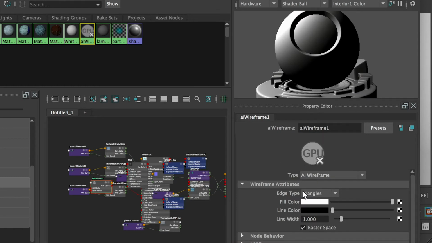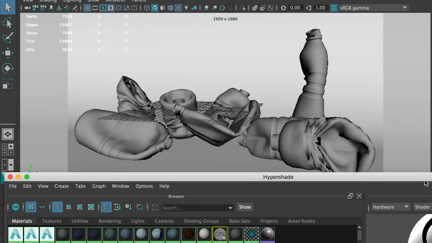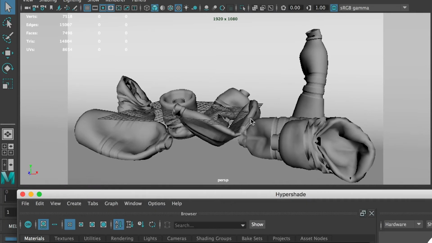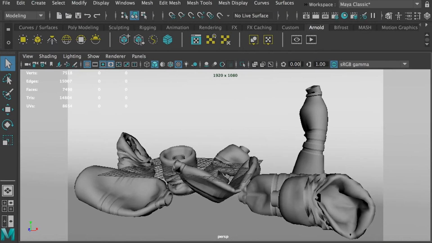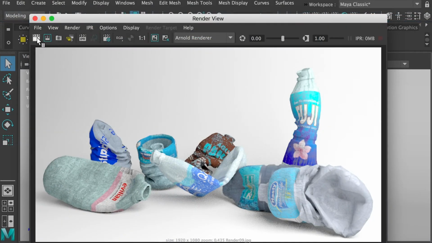So we want to display quads, okay, instead of triangles. So here switch to polygons, so it will display quads. And you can change your line color. By default it is black. Okay, you can change it to green or red. It depends on what color you want. Okay, it doesn't update here, but if you go to render and start a render,